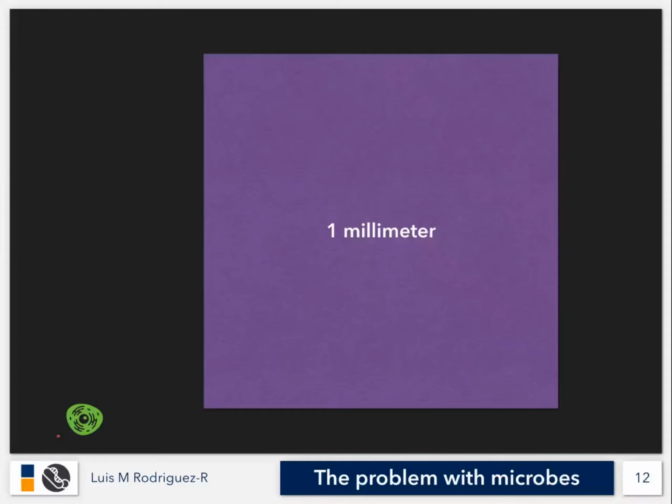So big problem, they're very, very tiny. As you can see here, there is a little tiny speck. That's not the bacteria. That little tiny speck that we can barely see is a small eukaryotic cell. We cannot even see bacteria here. So of course, this poses a big problem, and that problem is we cannot go to the field and directly observe them in the wild as we can with animals, as we can with plants, as we can with most of the basic organisms that have been used to develop ecological theory.